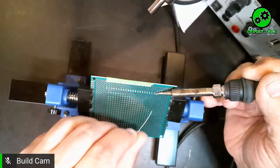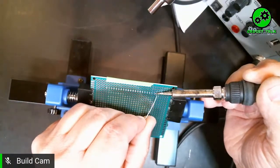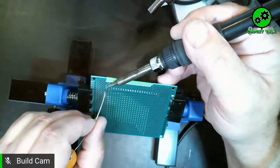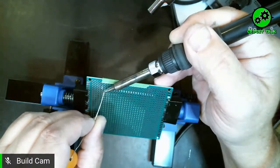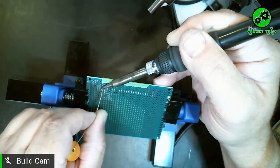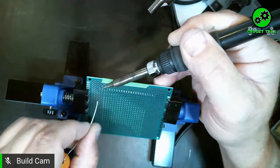We'll move straight to the question. I do this all the time, and I don't ever have any issues with it. So when you do this, would you solder one side and then the next side, and then work back to the middle, to hold it in place? Yeah. So what I do is